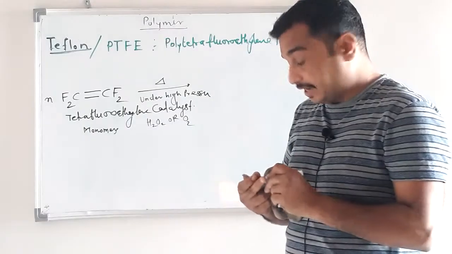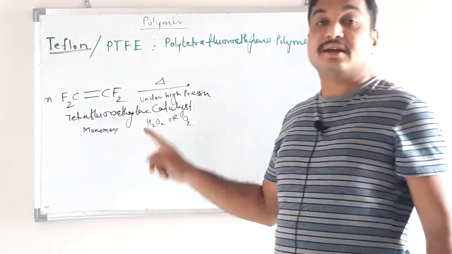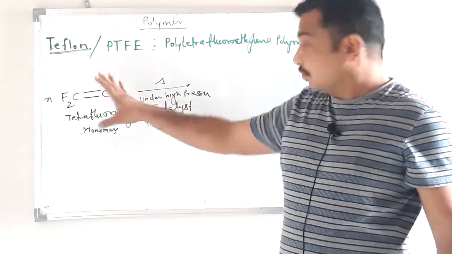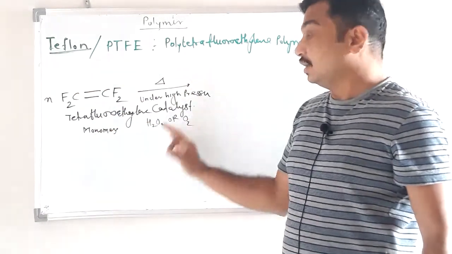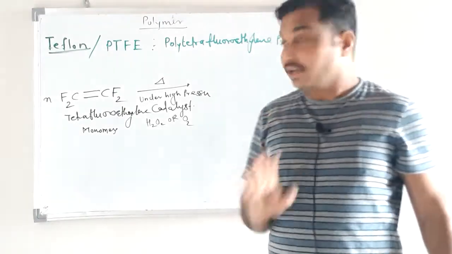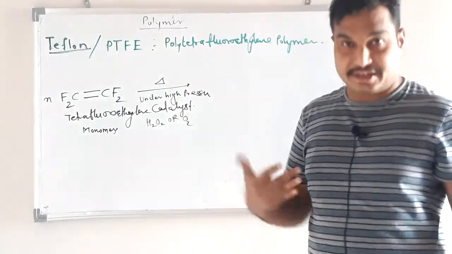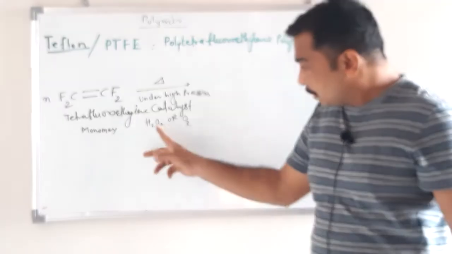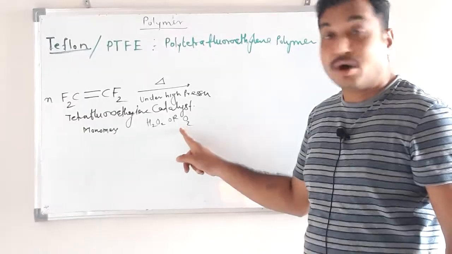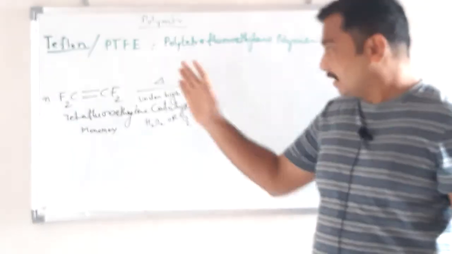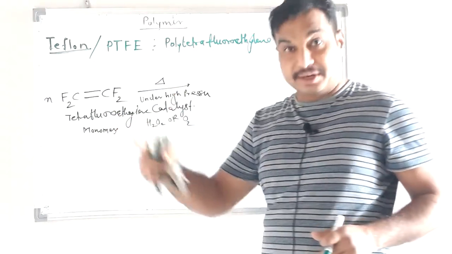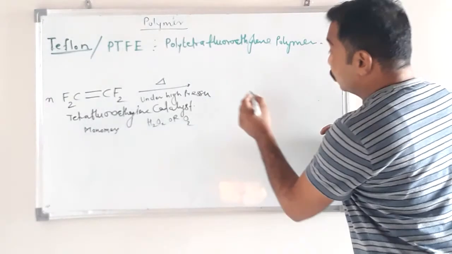these are free radical initiators. The catalysts used in this reaction are free radical initiators, because whatever reaction is taking place is a free radical reaction. It follows a free radical mechanism, meaning during this reaction free radicals are produced and then a chain reaction occurs. Okay, and for this we have to use catalyst H2O2 or oxygen, and high pressure and high temperature are also required. So during this polymerization reaction, this tetrafluoroethylene molecule undergoes a free radical reaction and gets polymerized to give